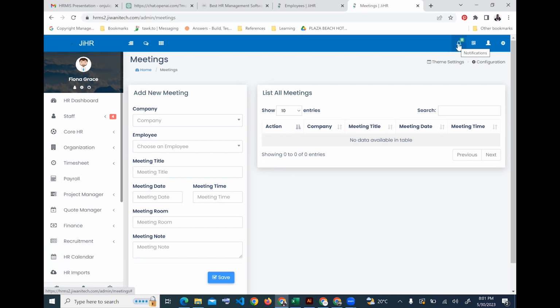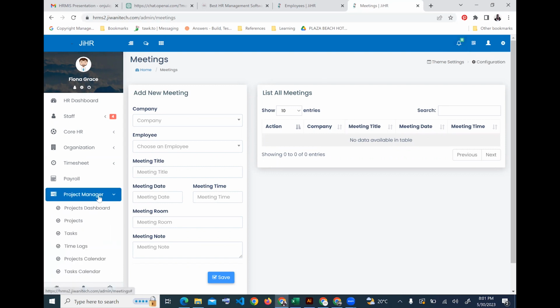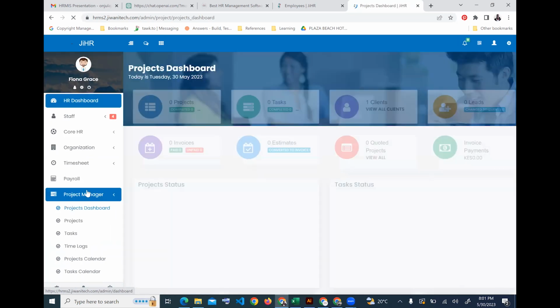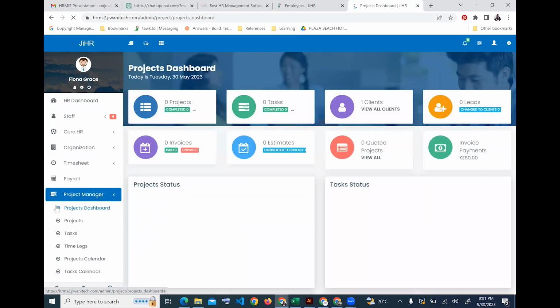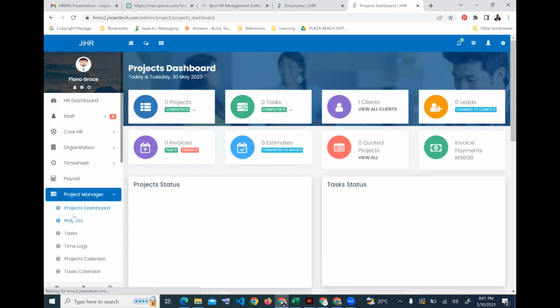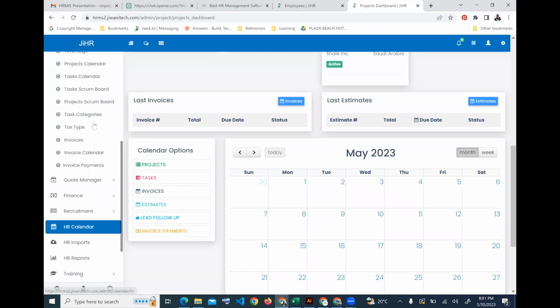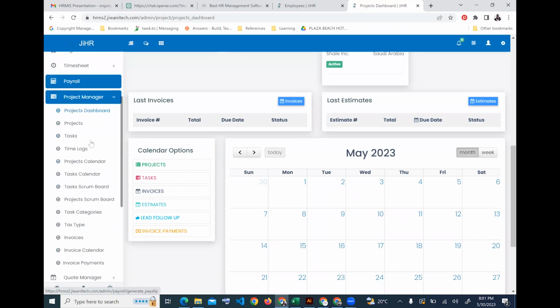Apart from that, we do have the project management, which is also a robust module within the system, which is found here. We understand that every organization has projects and tasks they are doing. These projects need to be allocated to employees, and tasks need to be allocated to employees, and then they need to be monitored. So this is a whole project management module that you will be able to use to do that,